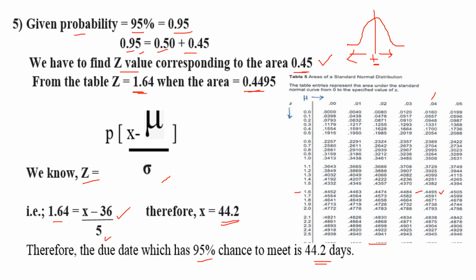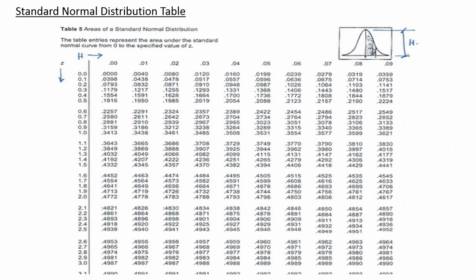Okay, so all the questions we have now discussed. This is a standard normal distribution table. I will show you once again. See, this 0.45 we are searching. There it is, 0.4495, so round it to 0.45, right? That is 1.6 and 0.4, so 1.6 plus 0.04, that is 1.64. This is how we took the value for the last question.